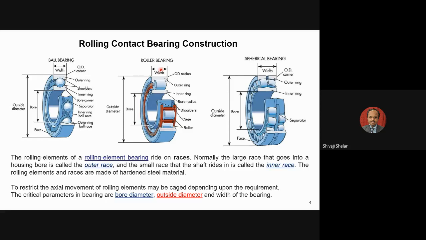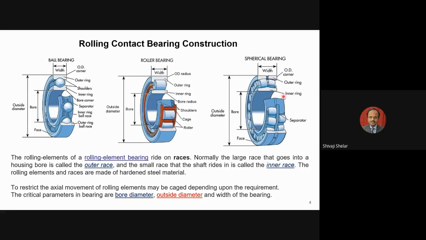That surface will be spot faced. You may have seen that the housing has uniform thickness everywhere except the bore, where you are putting your bearing. At that bore place, you find some extra thickness and extra length, that is, the diameter of that space, which is called spot facing. So there will be a bossing arrangement in the casting. The boss will be created, and you can mount your bearing with the required width on the housing.